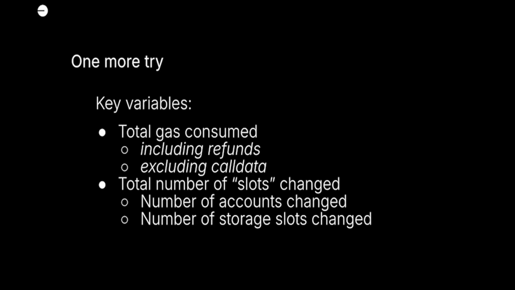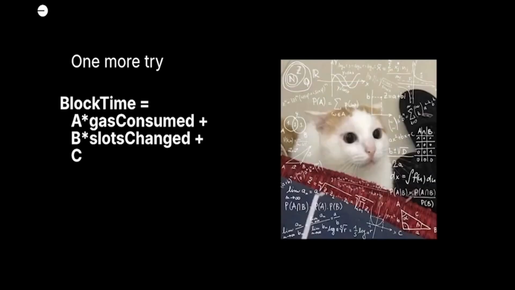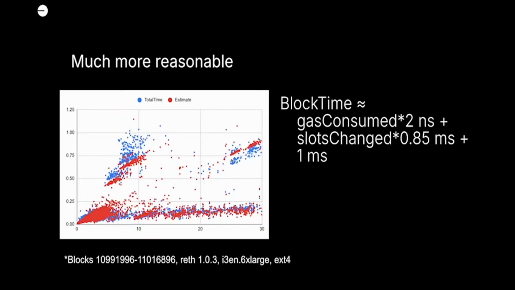And then we count the number of slots changed, that's the number of accounts changed as well as storage slots within individual contracts. You put this all together on a block level, and you get a two-variable equation. It's very, very simple, and running the same regression again, we actually get something shockingly accurate in terms of modeling